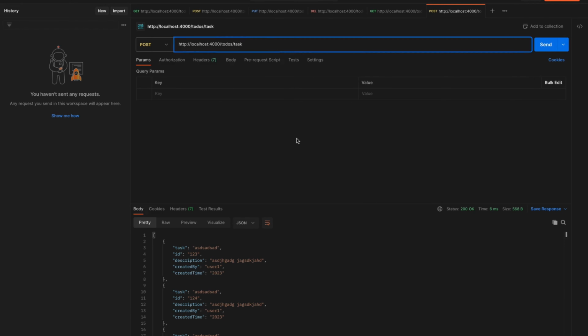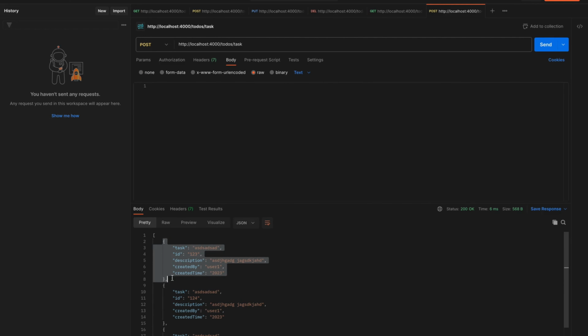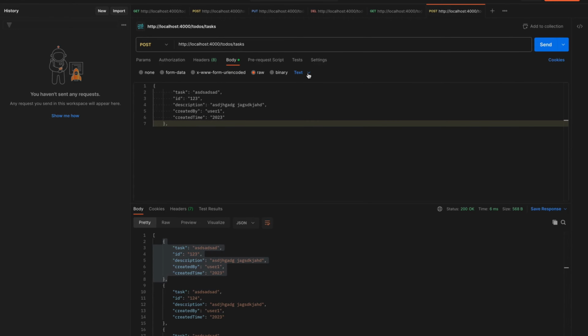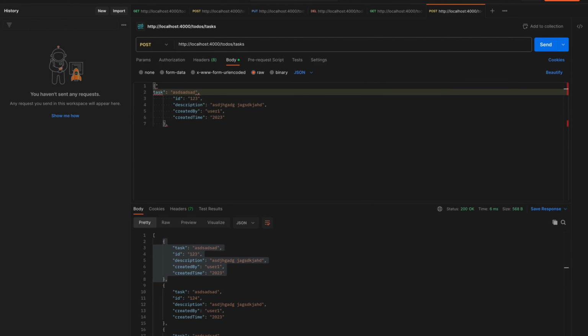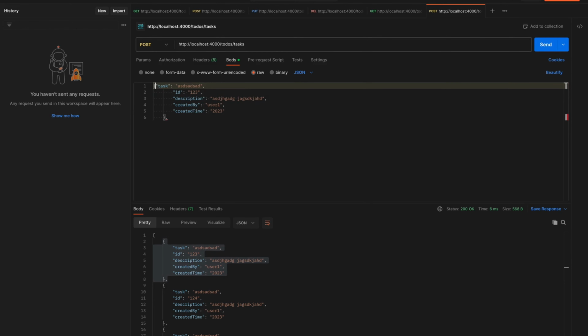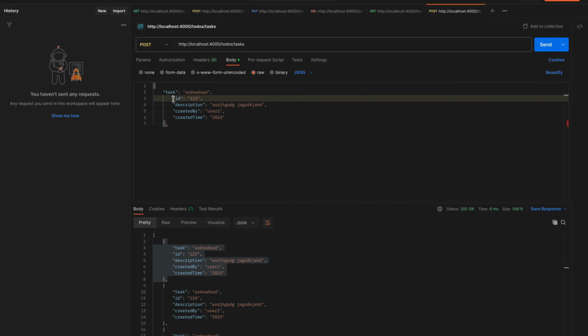And let's see how the post works. So let's copy one object, since we are using post to create a task, and we need to send the data in the post call. You can send the data in any format. Since our REST API will take the data in JSON format, we need to send the data in JSON format as we can see here. I'm going to change the ID to 126 and maybe